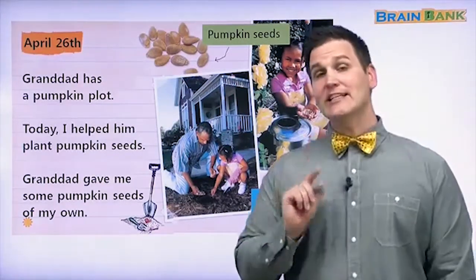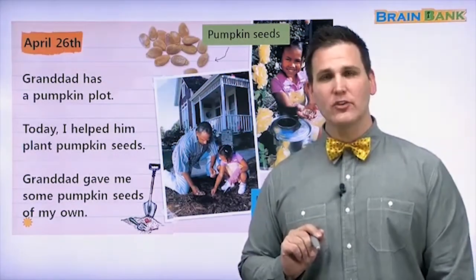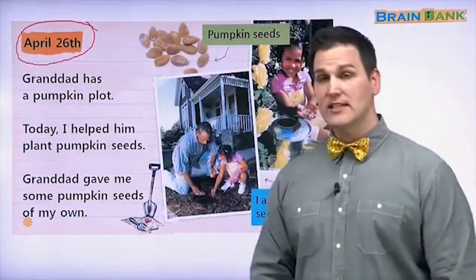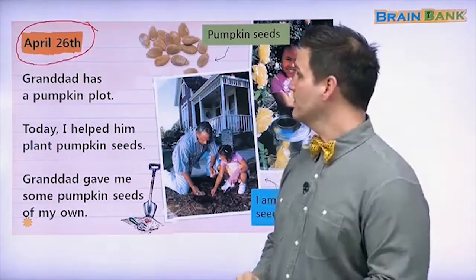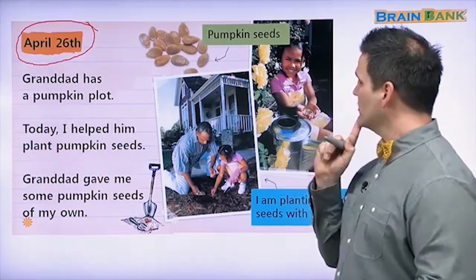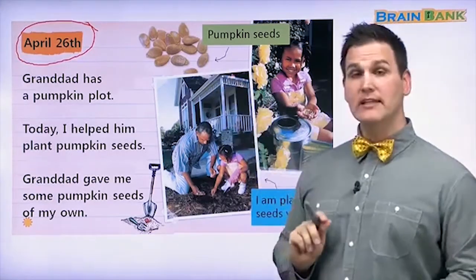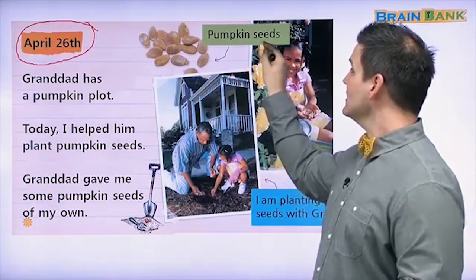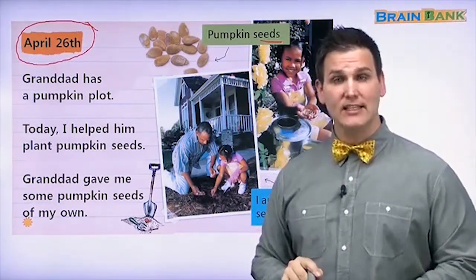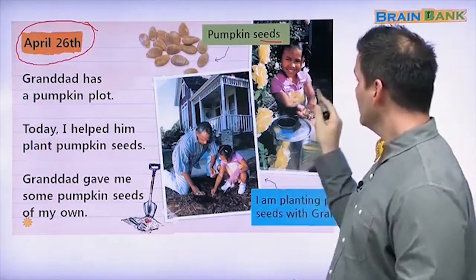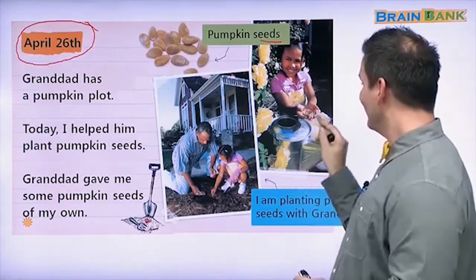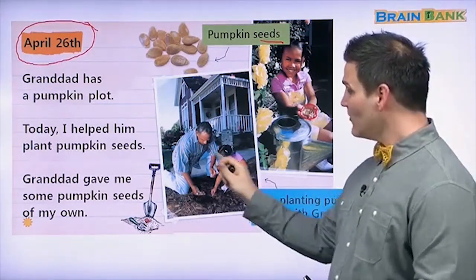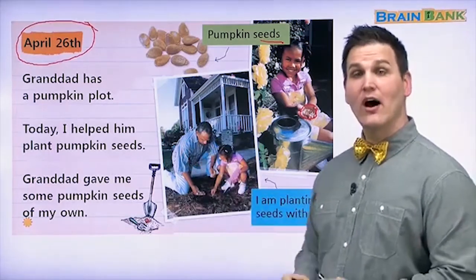Okay, now in a diary, we always have to put the date. So this is April 26th. Let's look at some of the pictures. Here we have pumpkin seeds, or hobak siat. Seeds in Korean is siat. Here we have a happy little girl. She has many seeds in her hands. And here we have Granddad, or 할아버지,